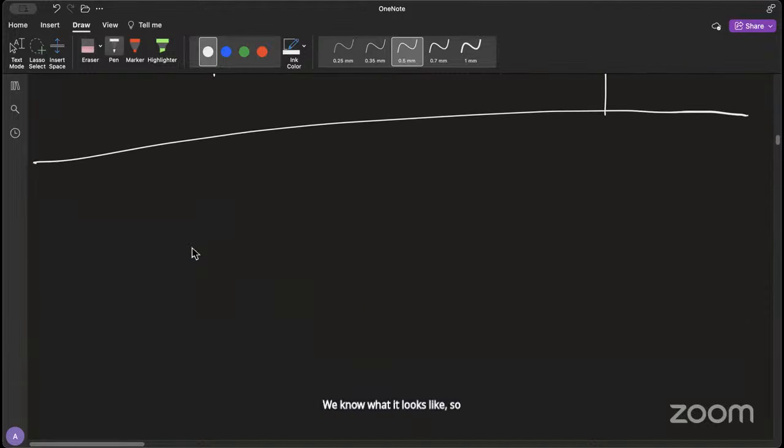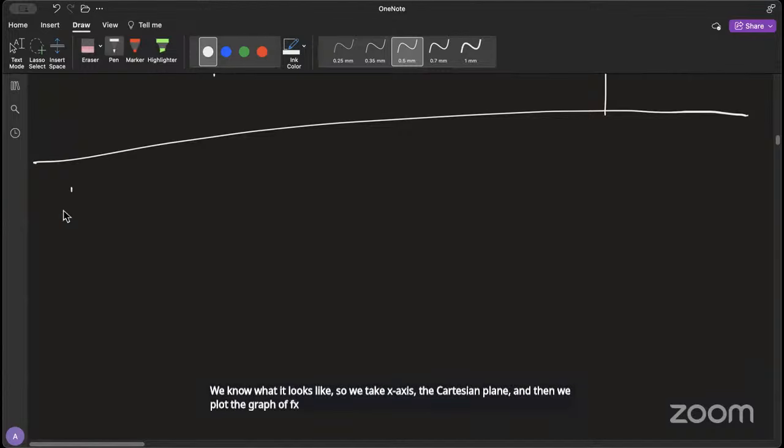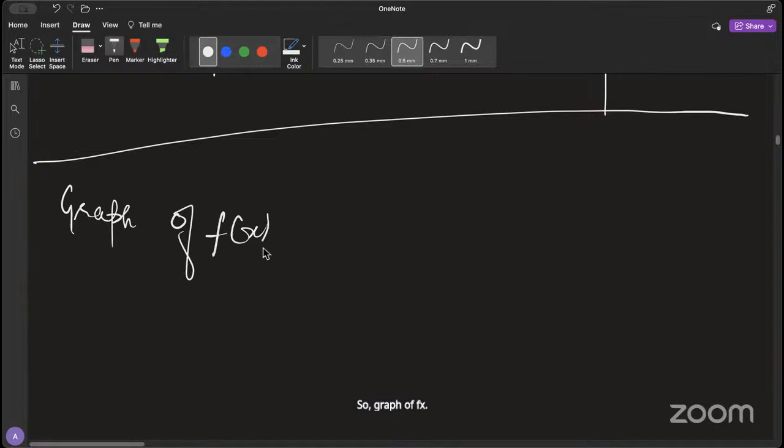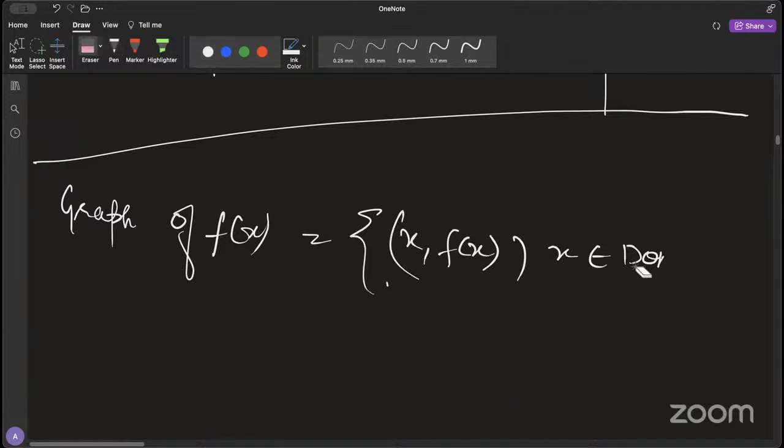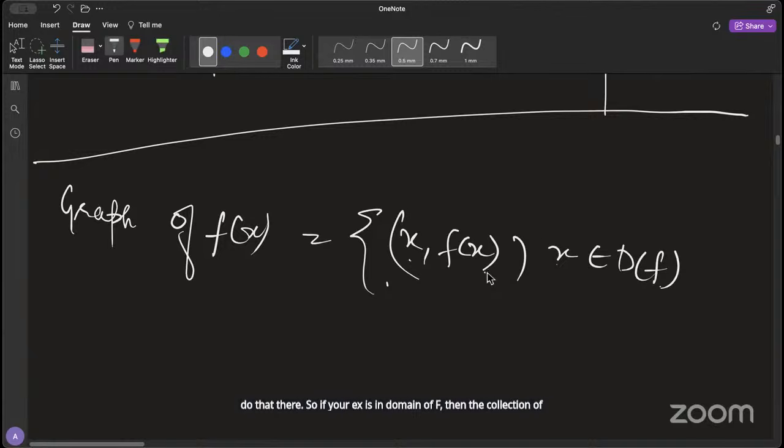So we take x-axis, the Cartesian plane, and then we plot the graph of f(x). But what does it mean? What does graph of a function mean? So graph of f(x) is a set basically where you collect these type of elements, (x, f(x)) where x is in the domain. I represent domain of a function f as D_f. So if your x is in domain of f, then the collection of all the (x, f(x)) will be,